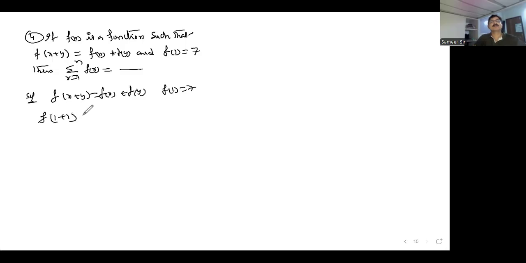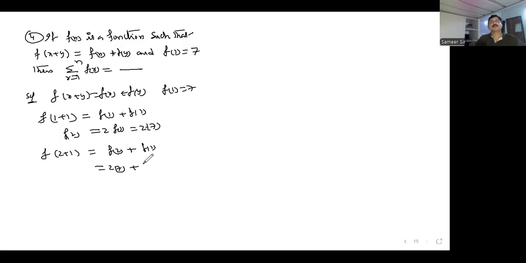1 plus 1, I'll write. What is going to happen? f of 1 plus f of 1, that means 2 times f of 1, that means 2 into 7, I'll get f of 2. For example, f of 3, 2 plus 1, if I write, f of 2 plus f of 1, 2 into 7 plus 7. So if I take 3, f of 3 is 3 into 7. That means f of